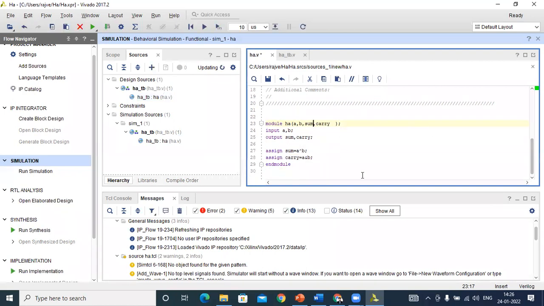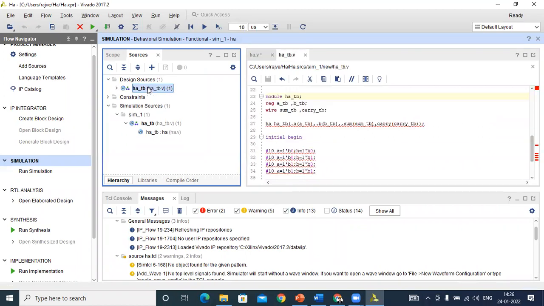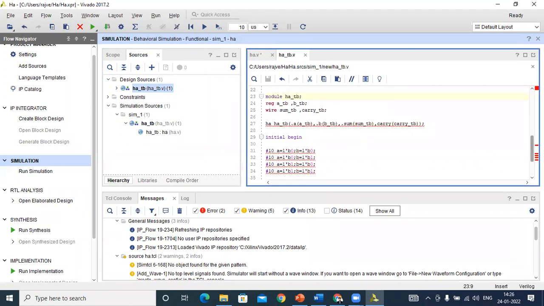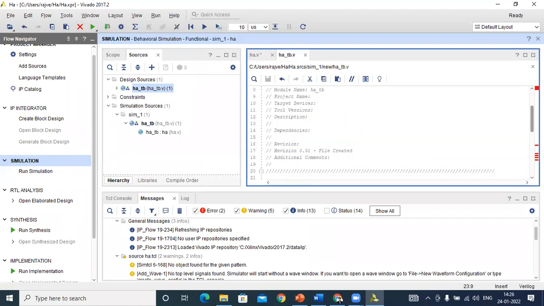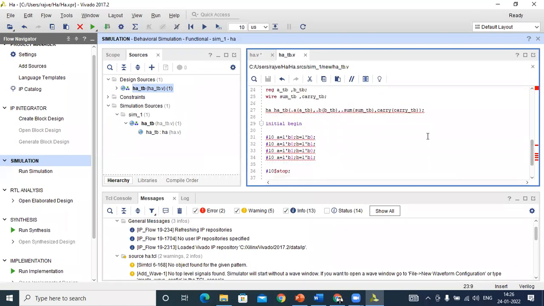This is our half adder code, and this is our test bench. In our test bench, we are getting some issues. Firstly we write our test bench name, then after that call the top module function. Suppose the test bench name is half adder, and after that we call this half adder.